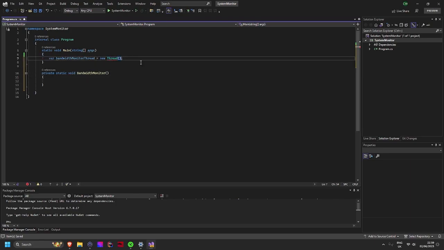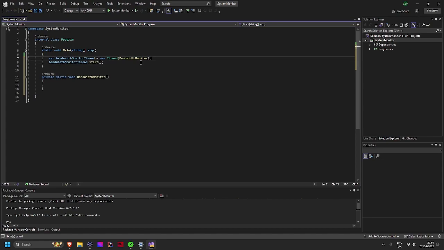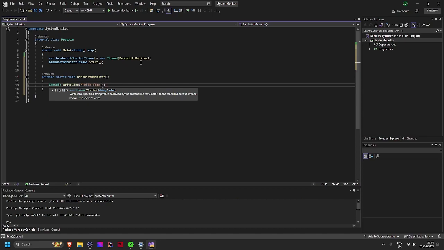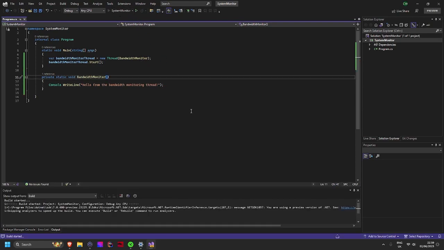We'll put the method in there, and we will call start. So if we just put a basic hello from the bandwidth monitoring thread. So now if we run this,